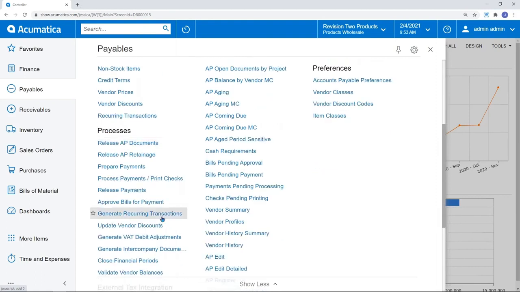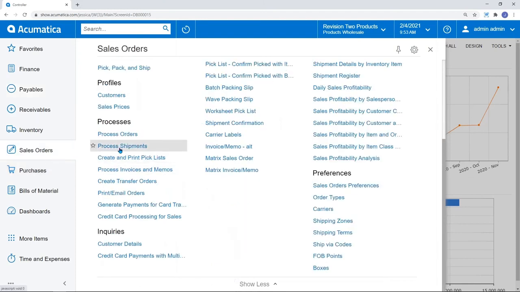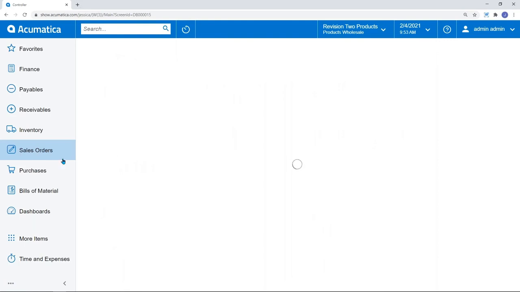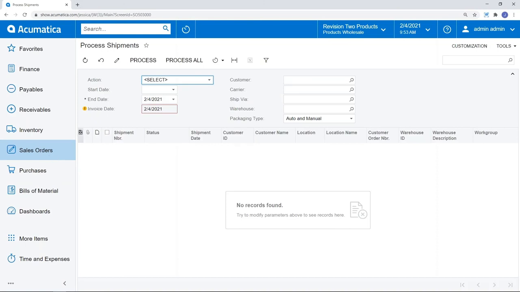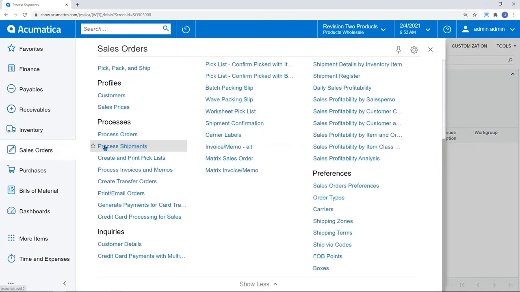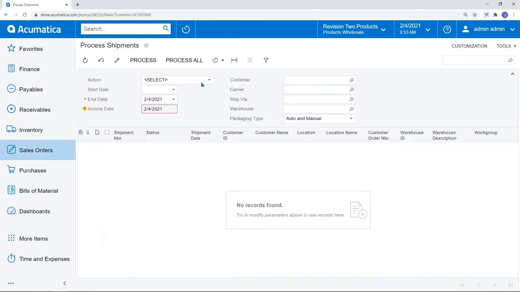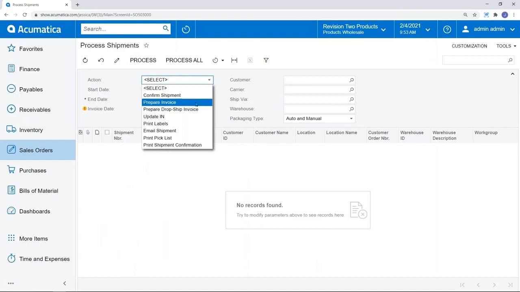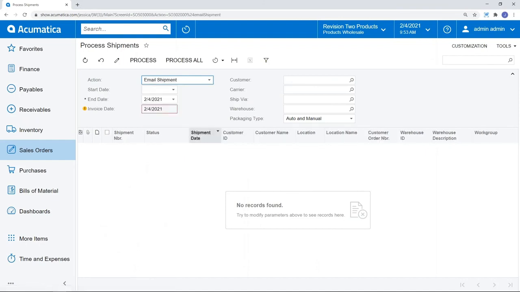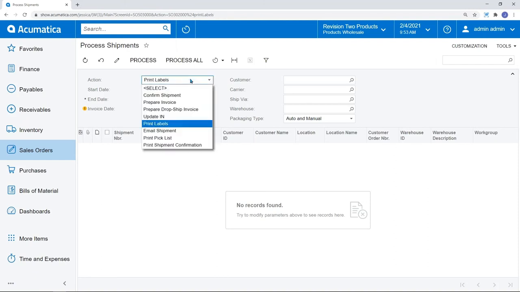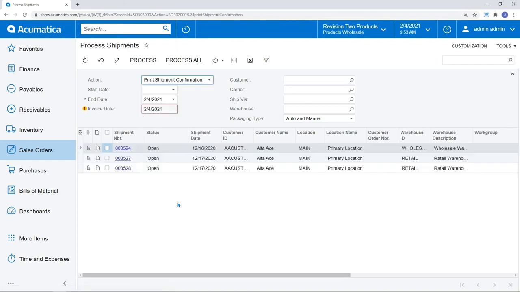So things like generating recurring transactions, or things like if you're a distribution company that is processing shipments and invoices, you might want to do that in more of a batch format, or maybe have it automated altogether. So I'm taking you to an example of a processing screen. You saw that I have many examples of this: processing orders, processing shipments, processing invoices. But I'll just give you one example of what it means. Let's see if we have any good data in here for us to utilize. I hope so. There we go.